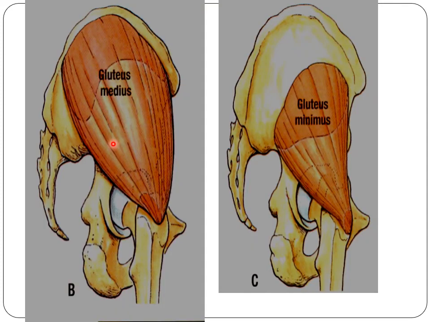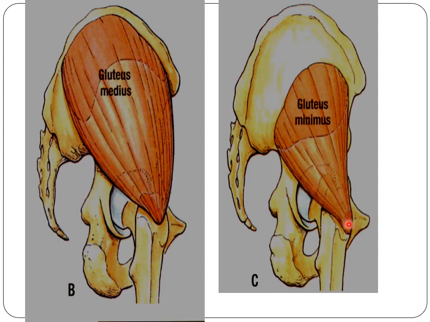You see, these are the origin and insertion of the boundary of this gluteus medius. These are the gluteus minimus below the inferior gluteal, so posterior, anterior and inferior gluteal line. There is the origin of this gluteus minimus. The gluteus minimus muscle arises from the gluteal surface of the ilium between the anterior and inferior gluteal line and extends up to the margin of the lateral sciatic notch. This one is the lateral sciatic notch.